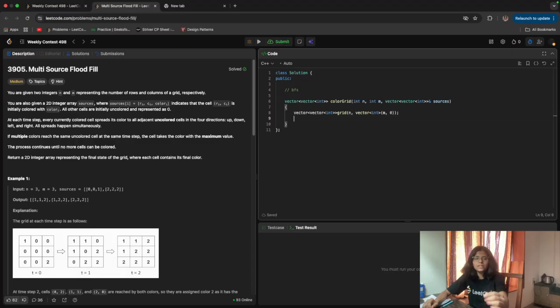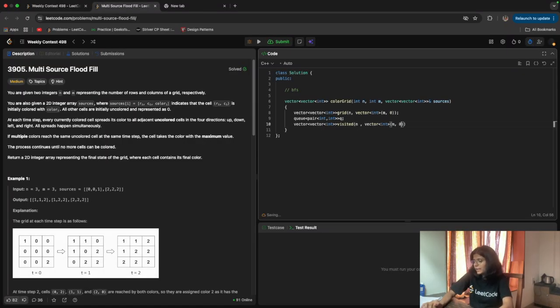At the initial level I have these cells. So I will say I have a queue, not a vector of vector int, I will say a pair of x and y, basically the x coordinate and y coordinate. So pair of int and int, it is my queue which I will use for the BFS, and for that I need to maintain visited. So I'll take visited as a vector of vector int with n rows and m columns which are currently not visited.